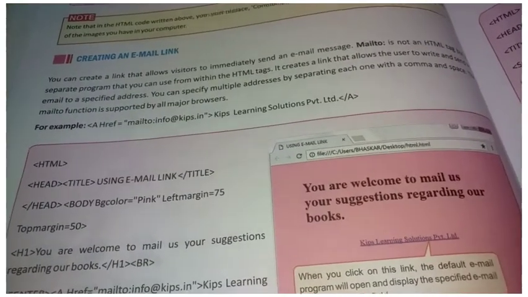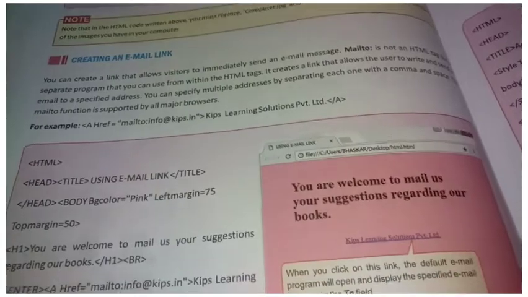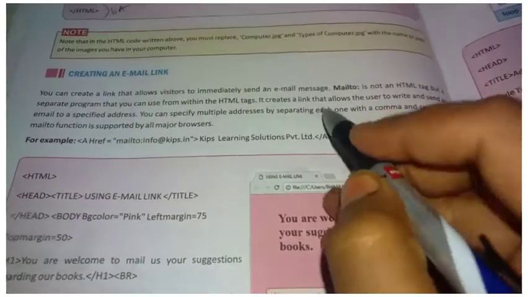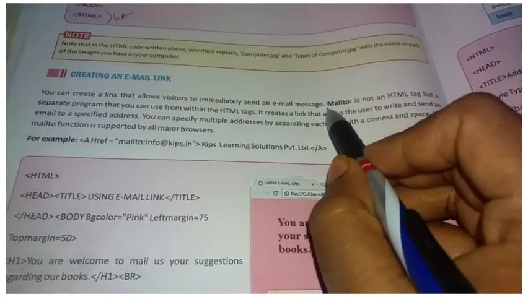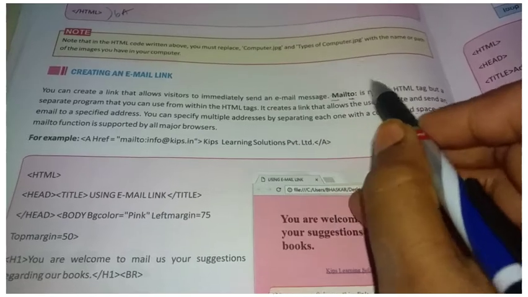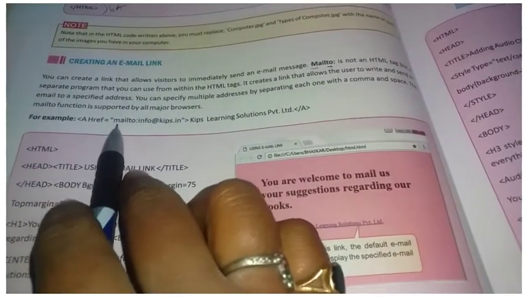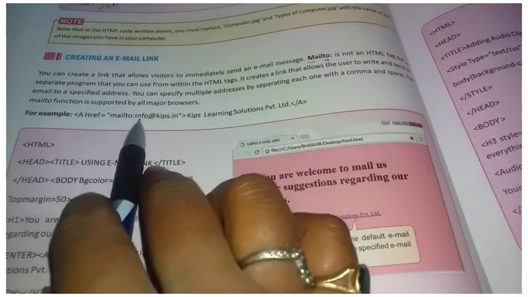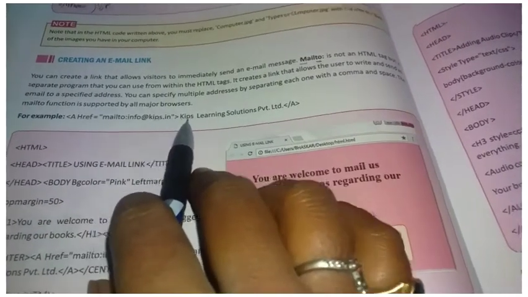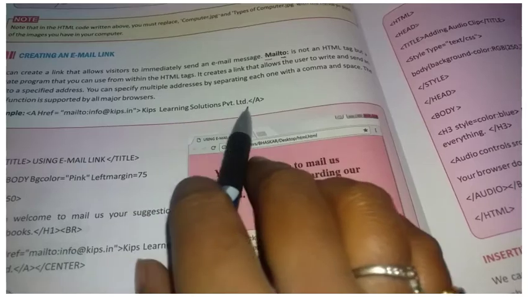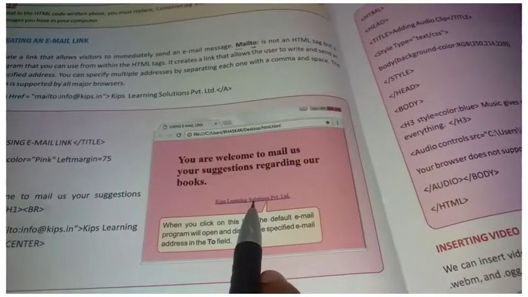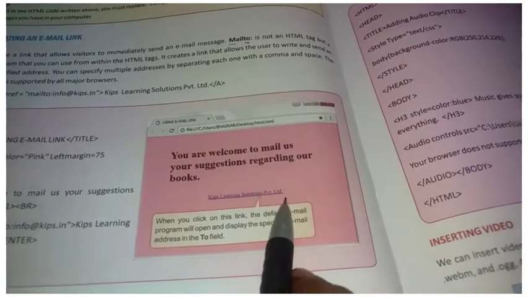If you want to send a mail to your friends, it will say the option to. So, this is the mail option. To means to whom you want to send. Example, a href equal to mailto info@kids.in. So this will act as your link. If you press this one, this will open from the web page.